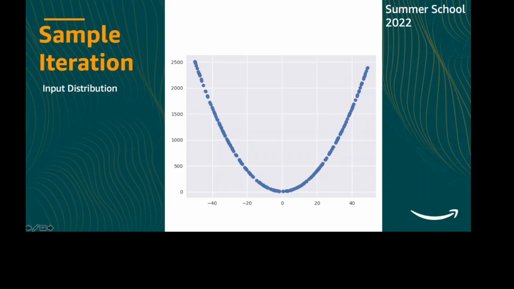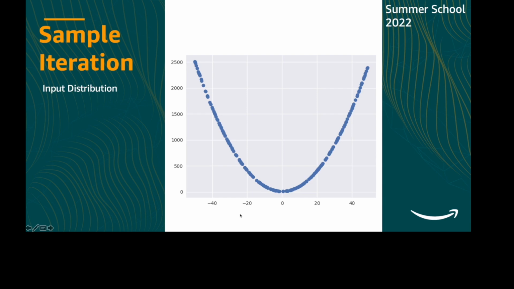To understand GANs in detail, in terms of what a generator function does, what a discriminator does and how the training happens, let's go through the entire process with a running example. Say we have input data which is two-dimensional, around 1,000 points, with two dimensions x and y. x is uniformly distributed between -50 and 50, and y is simply the square of x. So one data point is a tuple (x, y), where y is x squared, and we have around 1,000 data points in our data set.